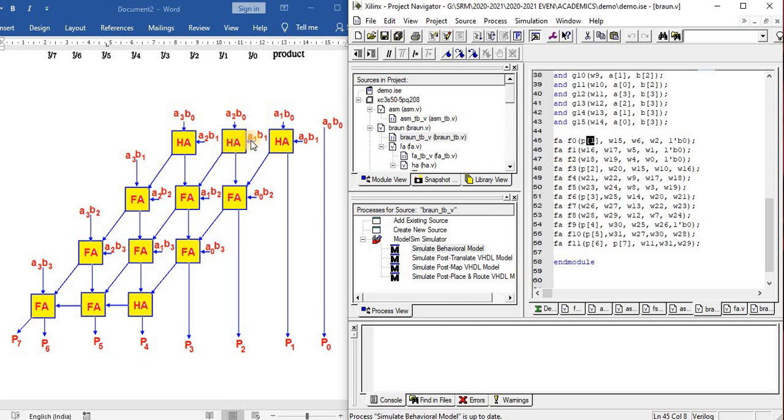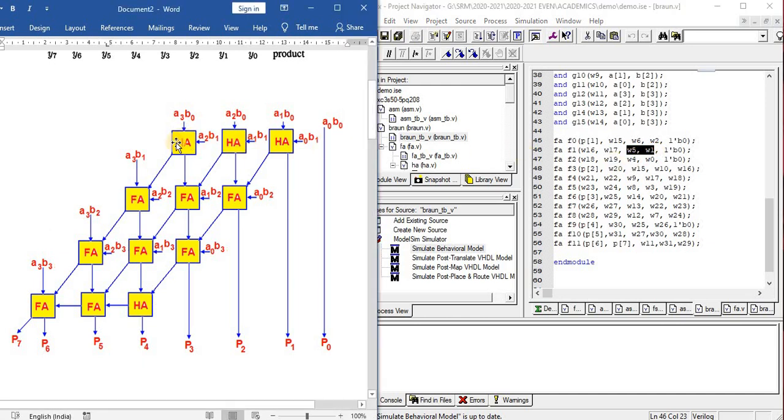For F1, the sum and carry are assigned W16 and W17, and W5 is A1 B1 and W1 is A2 B0. So here I have given W5 and W1. Likewise, I have done F2 with A2 B1 and A3 B0.